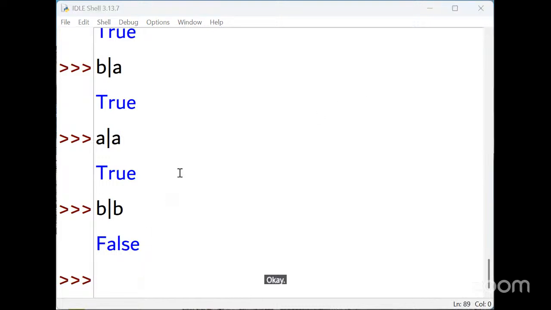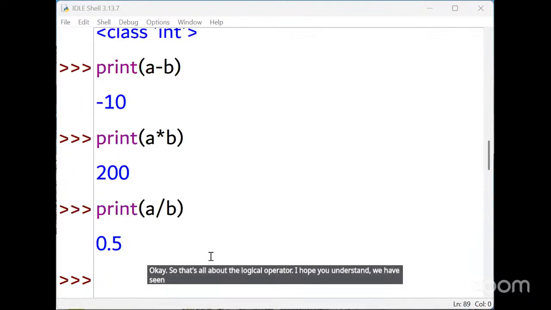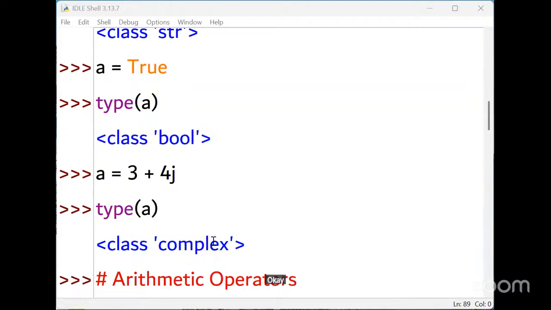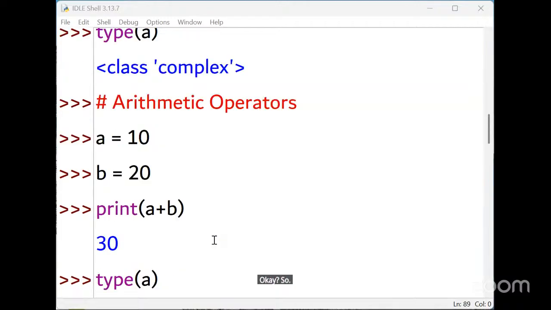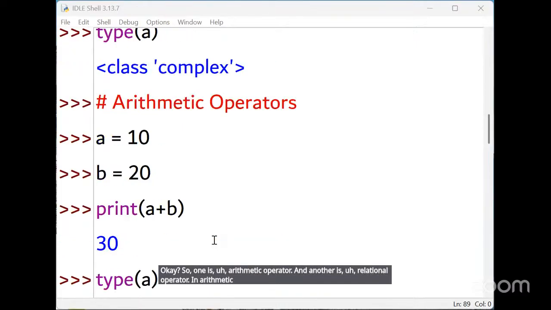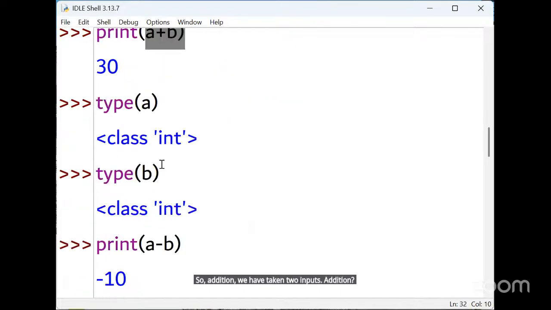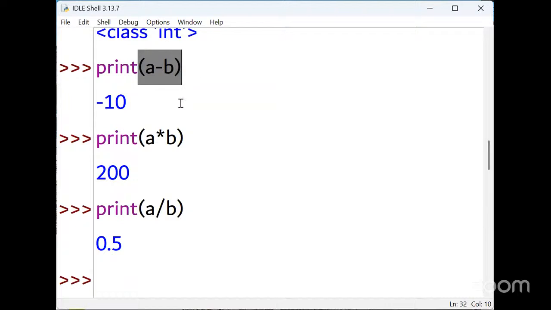So that's all about the logical operators. I hope you understand. We have seen 3 types of operators. One is the arithmetic operator and another is the relational operator. In arithmetic operators, we have seen four operations: addition, where we have taken 2 inputs, subtraction, multiplication, and division.